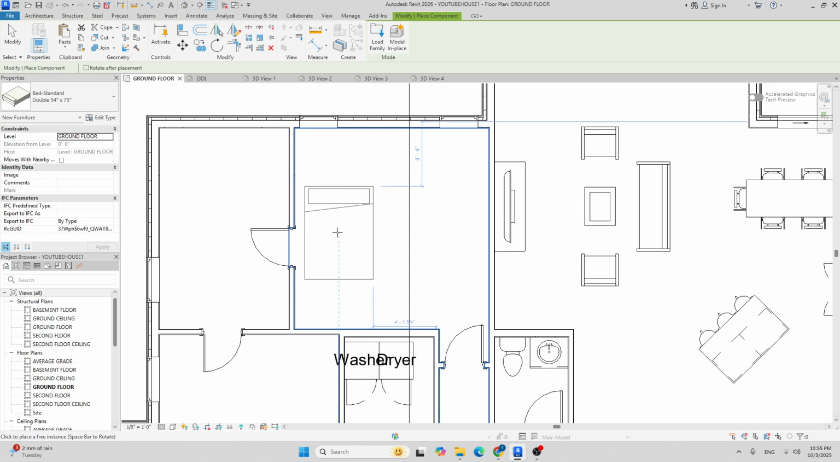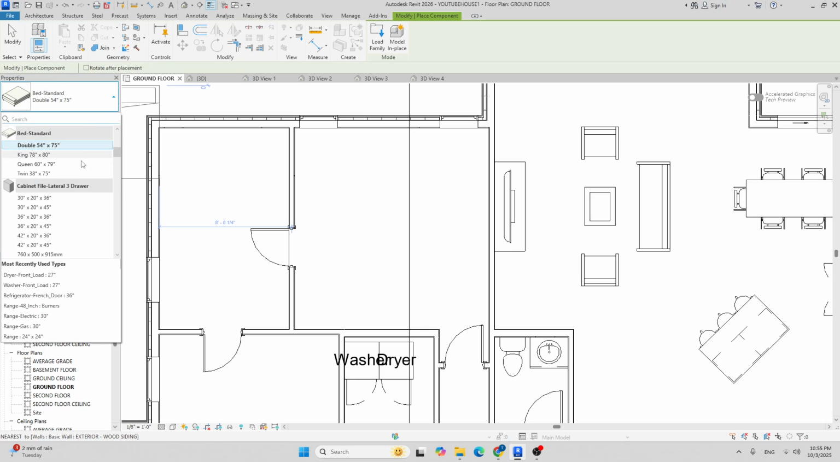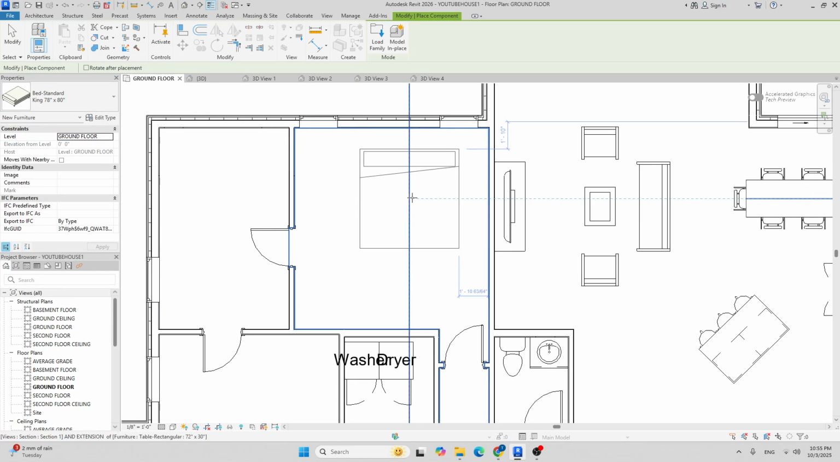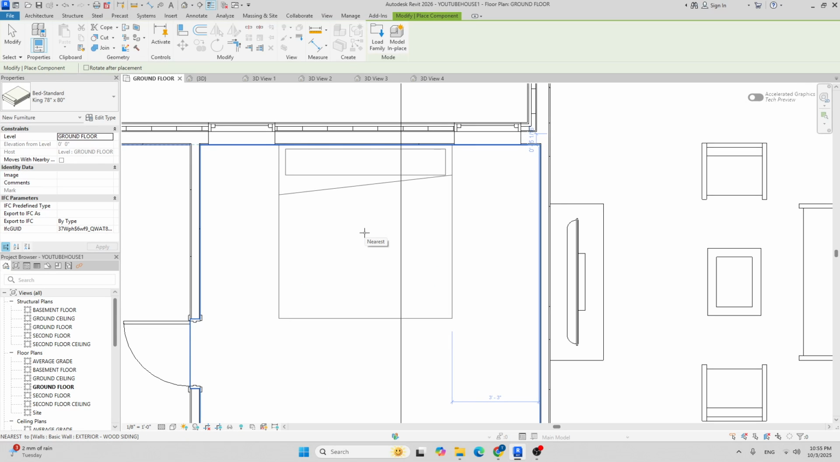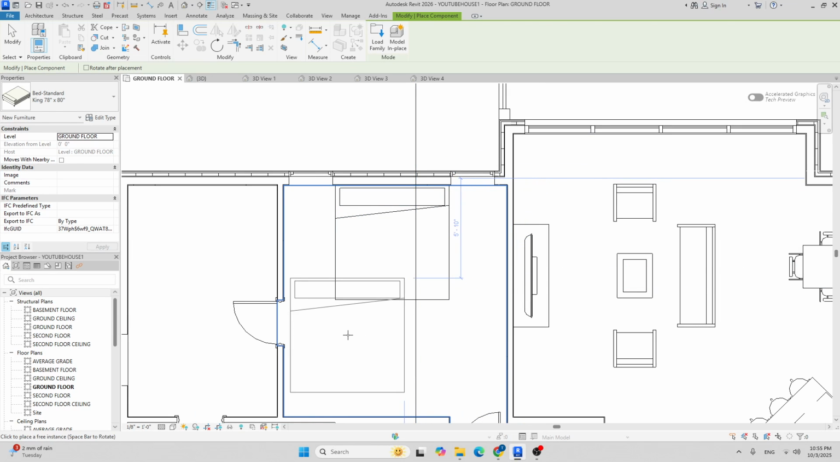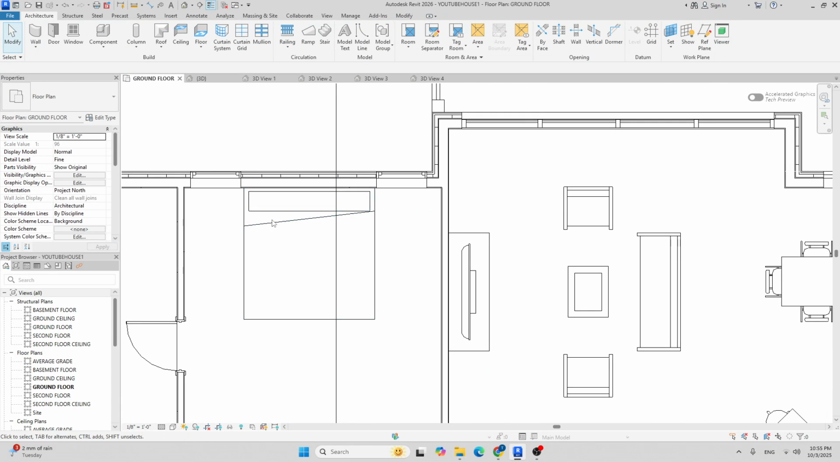I'm gonna hit open, and I'll click this drop down, and I will find king bed to see if it's gonna fit nicely. So I think it's fitting nicely, like right between the 2 doors. I'm gonna click here, and I'm gonna hit escape 2 times. I want it to be directly